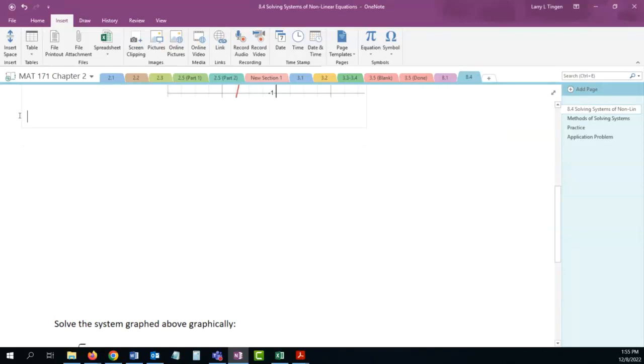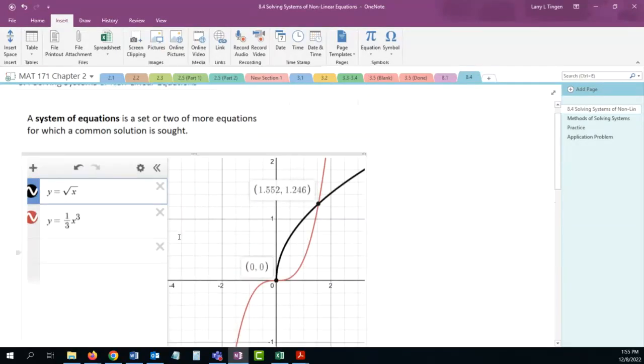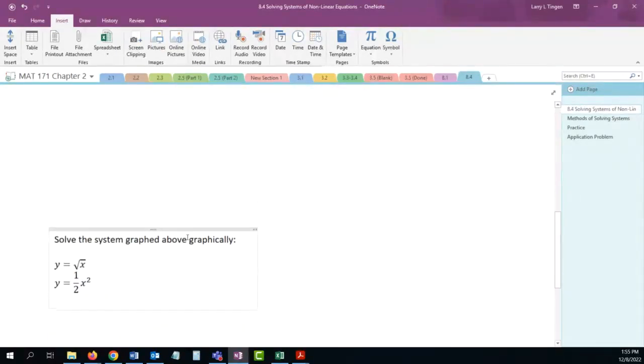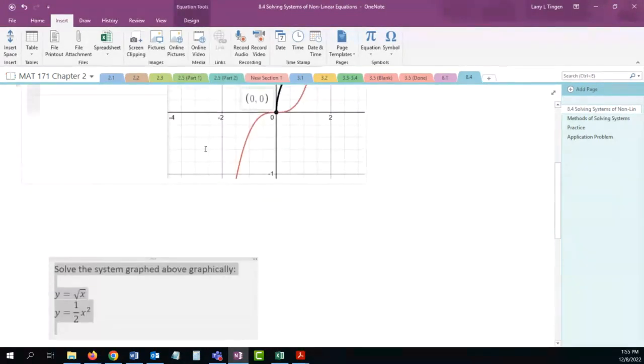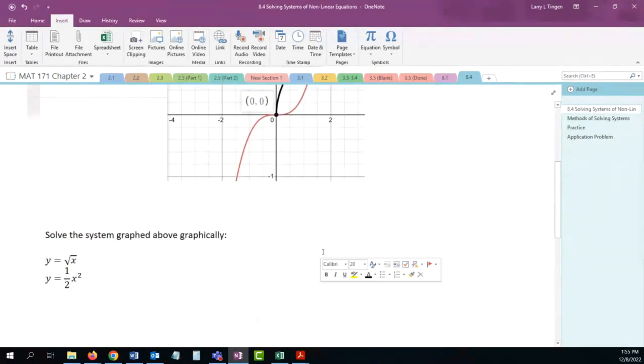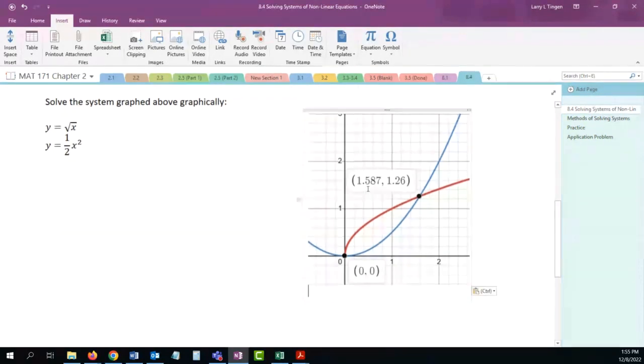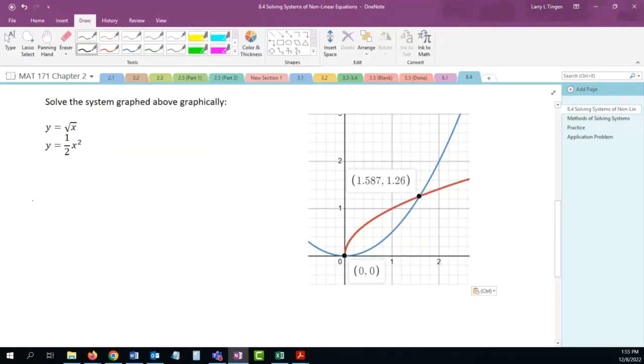Are they the same answers as the problem above? No, they're not, because they're a different system. So what does that look like? It looks like that. So my solution set